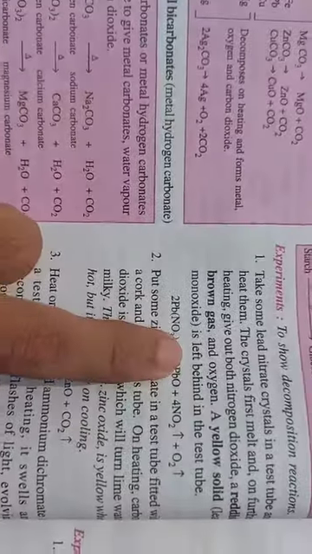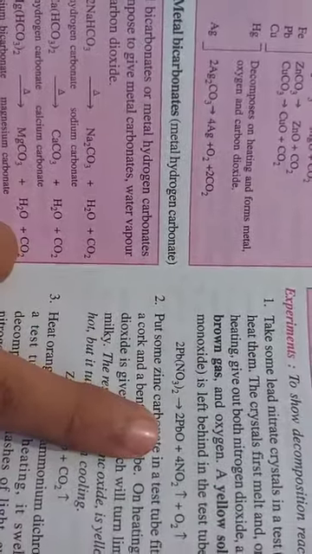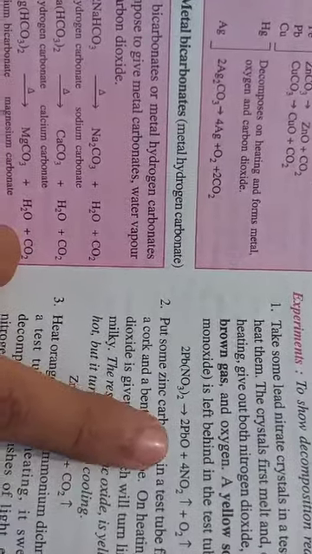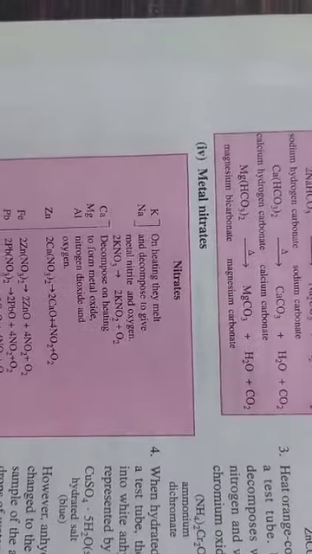See here, when we take lead nitrate crystal in a test tube, it first melts and gives out the metal oxide, then nitrogen and then oxygen. So it is an example of a nitrate which we had studied in this chart. These are all further examples of decomposition reaction.